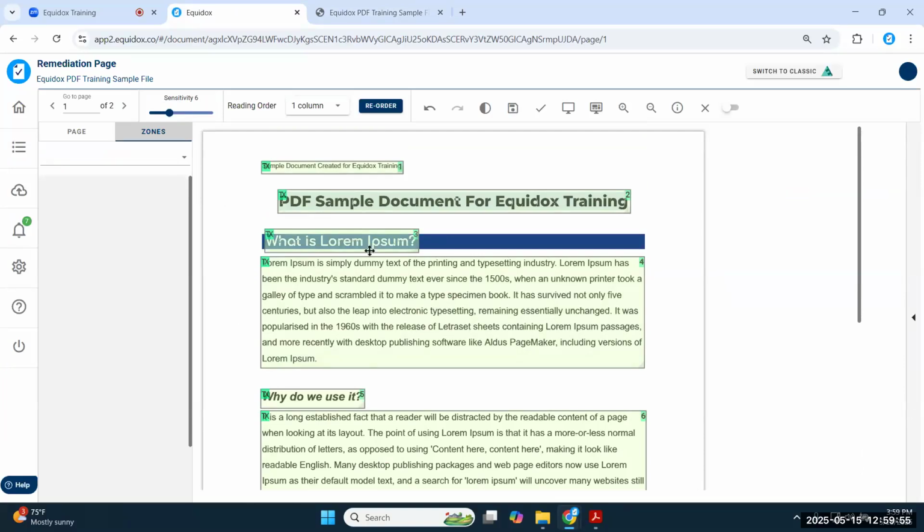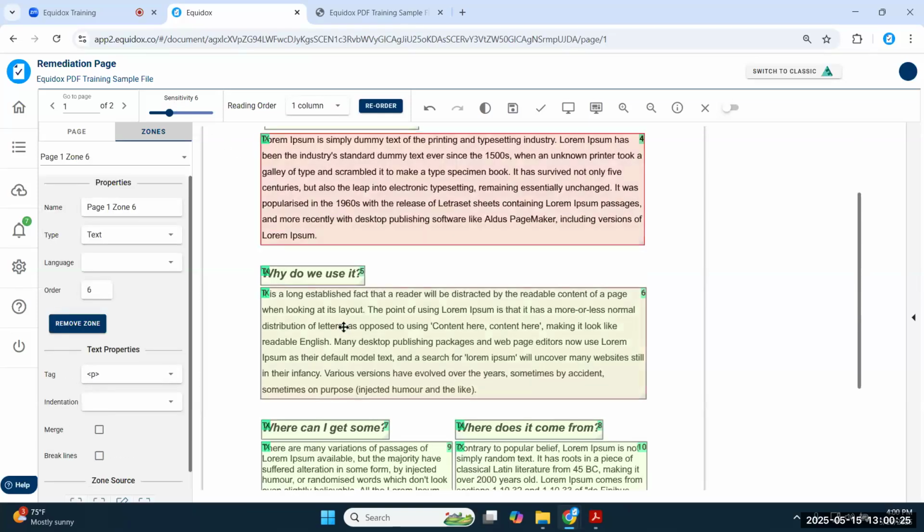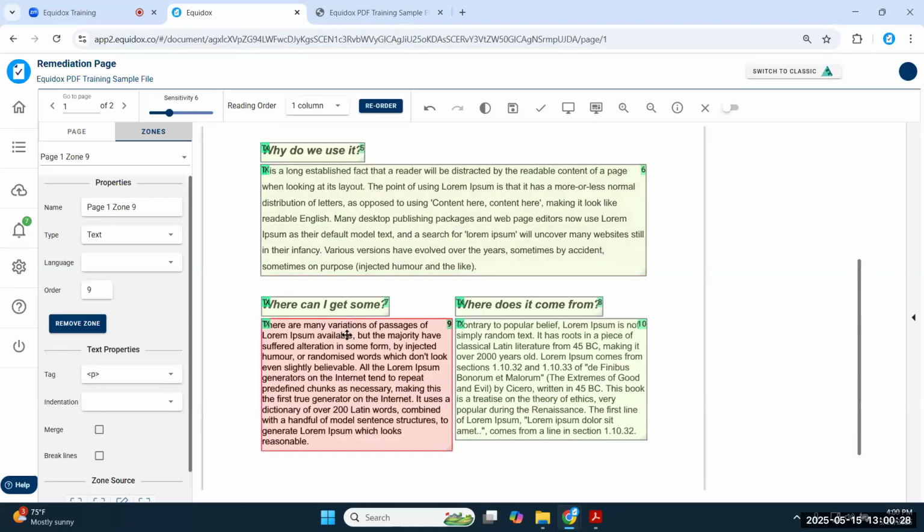Speaking of headings, once I've got my detection level set to where I want it, usually the first thing I go for will be my heading structure. Now, anyone new to PDF accessibility, heading structure, I would say, is maybe the second most important part of PDF accessibility beyond the reading order. They're probably 1 and 1A in my opinion, because the heading structure is the primary mode of navigating a document. It allows users to jump around in the PDF and skip over sections of information that they might not care to read.